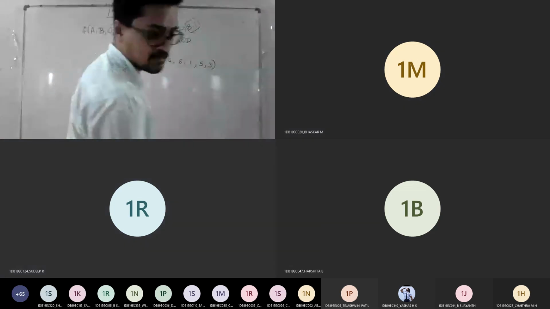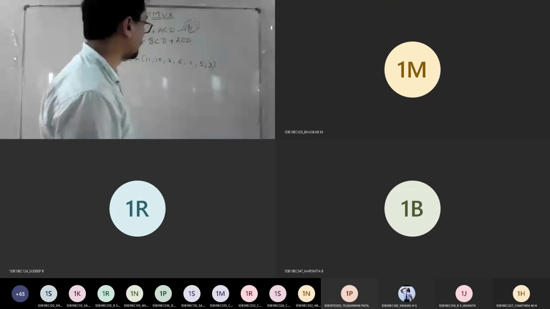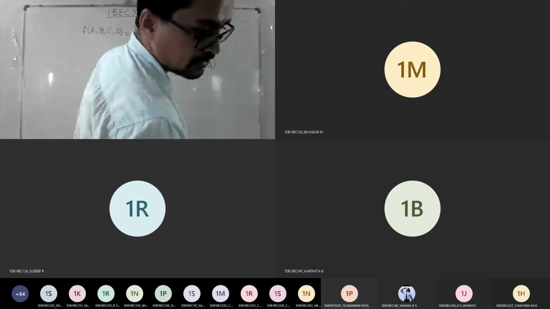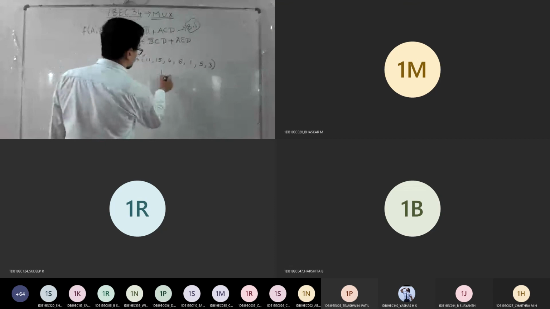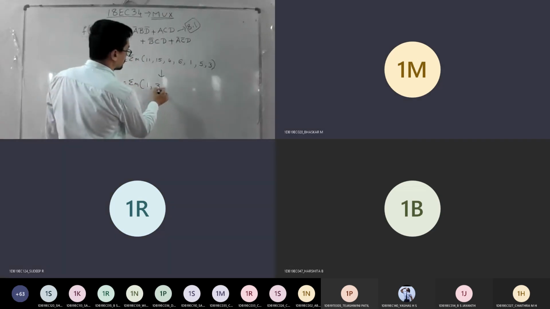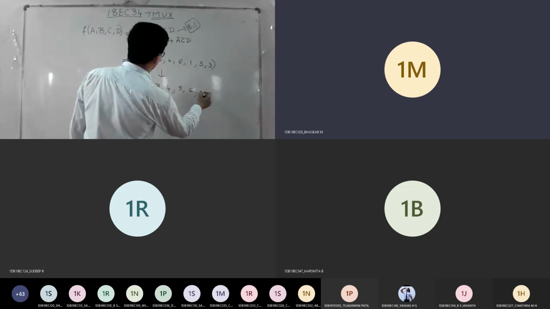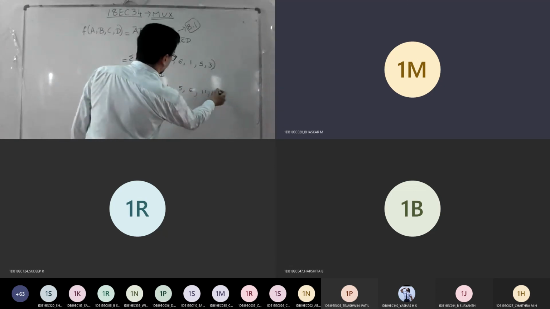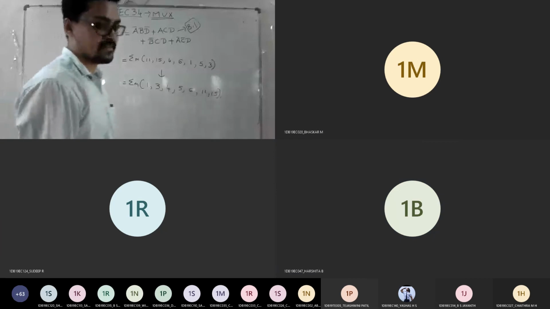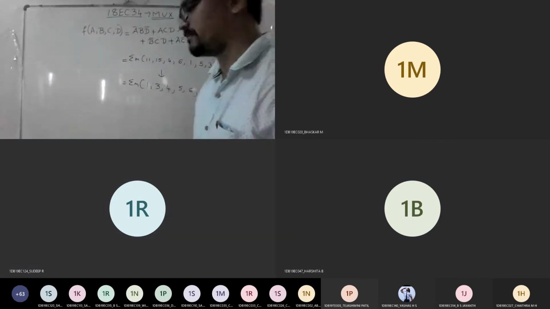So you're going to get 11, 15, 4, 6. If I rearrange this, how does it look? 1, 3, 4, 5, 6, 11, 15. So total 7 terms. Is it correct? 1, 3, 4, 5, 6, 11, 15.